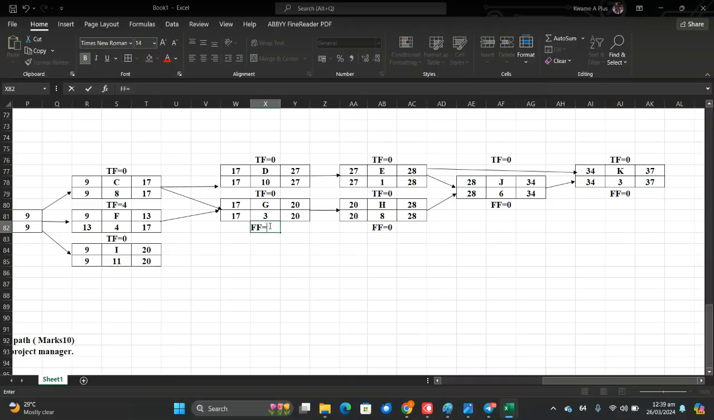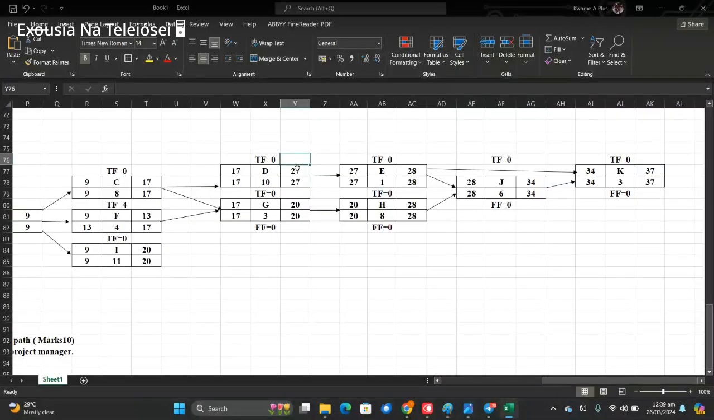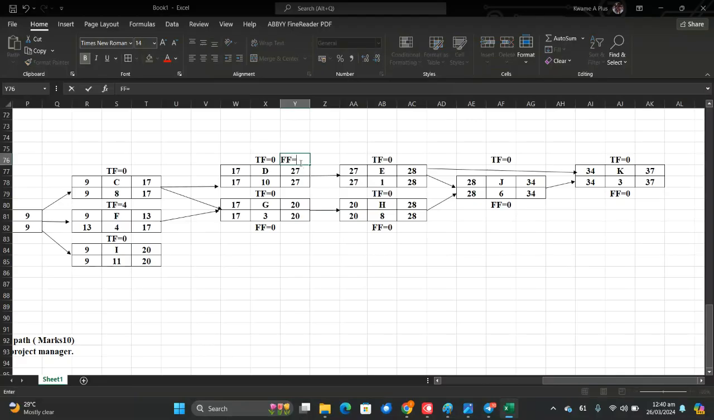Free float is equal to 20 minus 17, 3. 3 minus 3 is 0. Right, again in there, we can have a look at it. So free float for this is equal to what? 27 minus 17 is 10. 10 minus 10 is 0. Free float for this is equal to